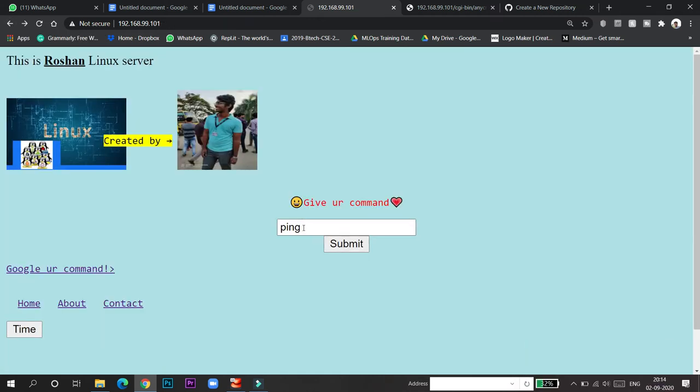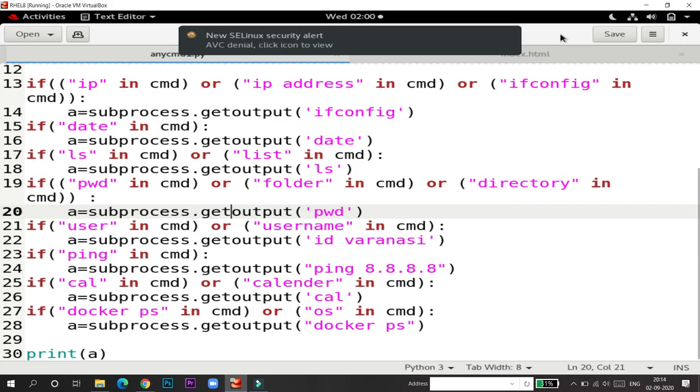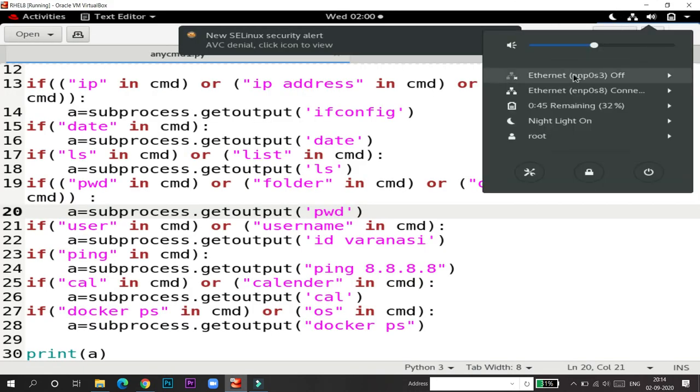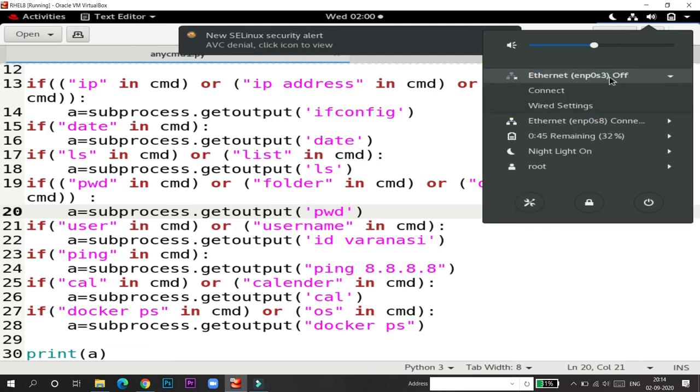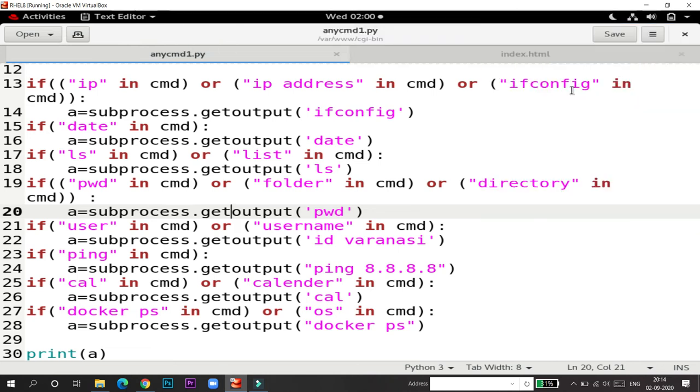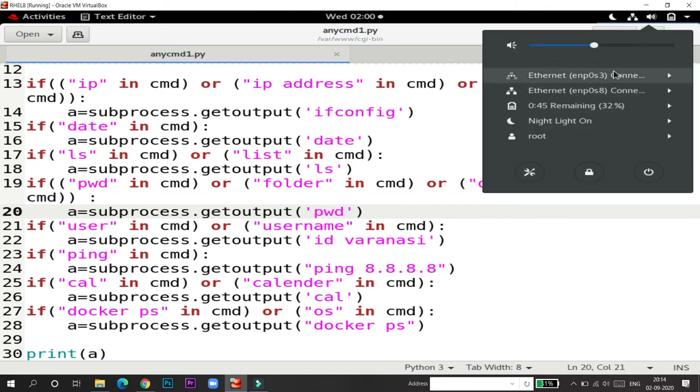Ping is a command used to show whether network connectivity is there in between or not. If I hit the ping command, it will show not accessible, because on my Red Hat Linux server the Ethernet card is off. If I connect it, you can see it is now connecting.